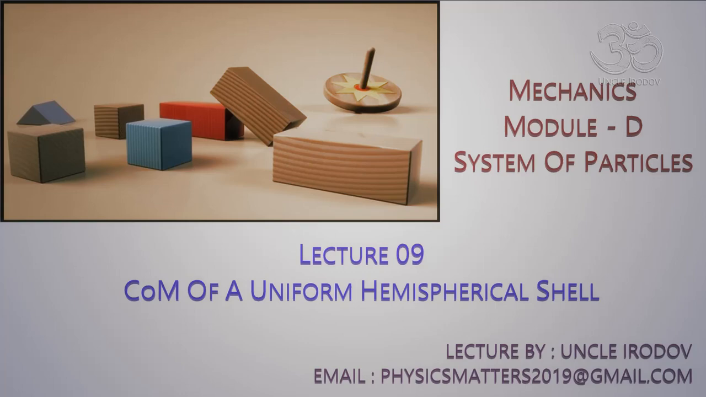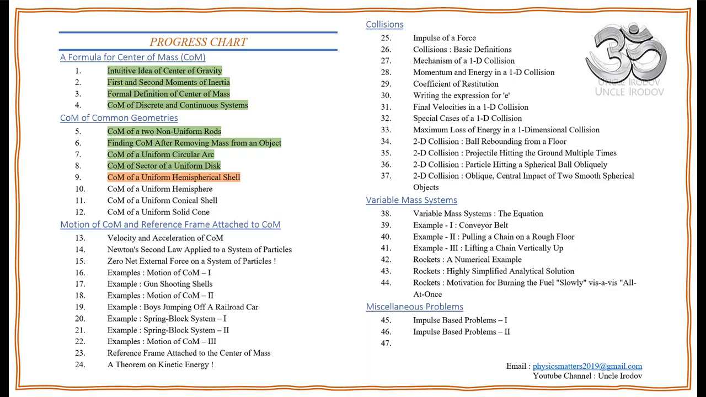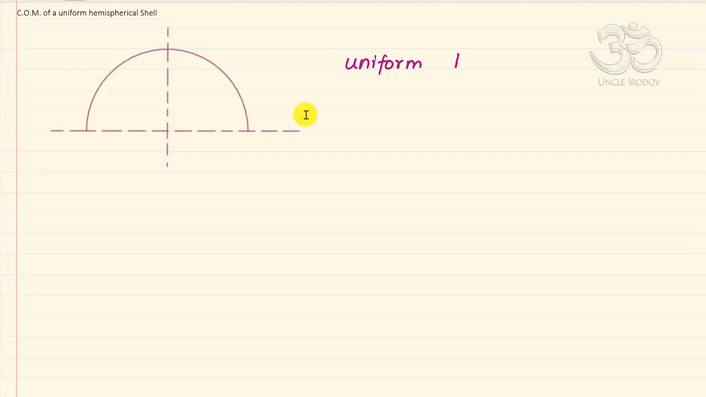So here what we have is a hemispherical shell. So now we have a uniform hemispherical shell of radius r, and when I say shell, there is only a surface, there is nothing filled inside. So it has got a radius r, it's a hollow shell, and maybe I can take its mass to be